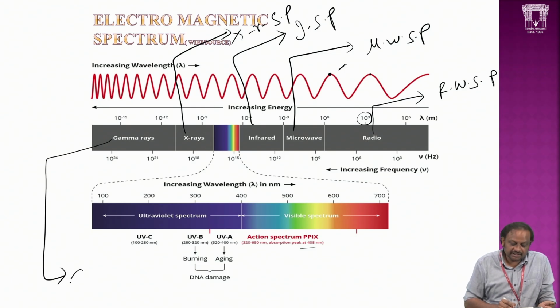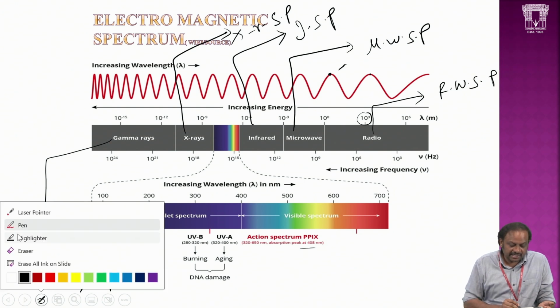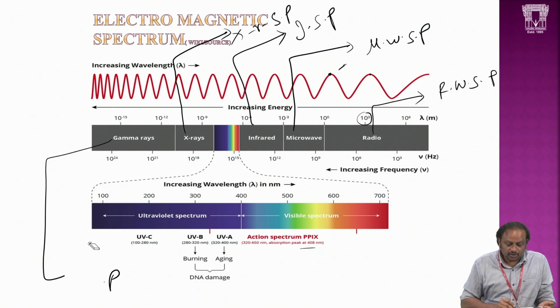Similarly, if you take the gamma ray spectrophotometer, and again in this gamma ray, it is further classified into alpha, beta and gamma. We are using gamma here, but alpha and beta also come under nuclear radiation. So that could also be an alpha ray spectrophotometer or a beta ray spectrophotometer, that could be anything. Whatever it is, my point here is that this electromagnetic source is very important in order to analyze